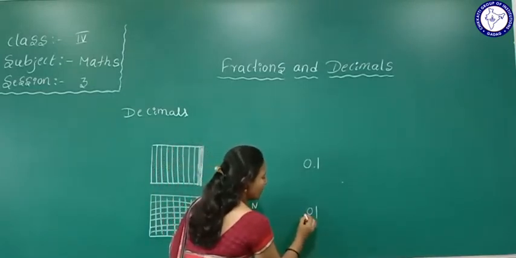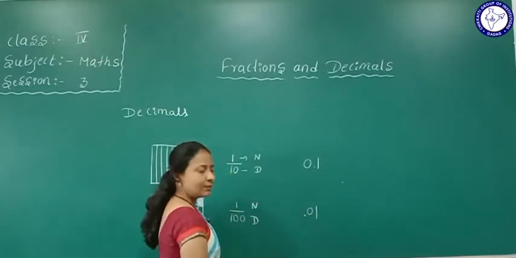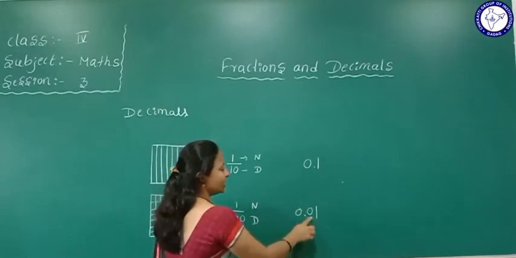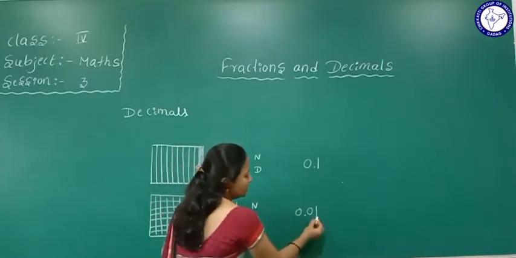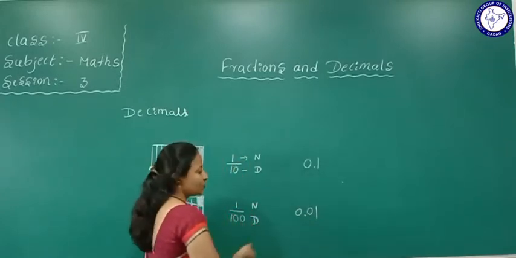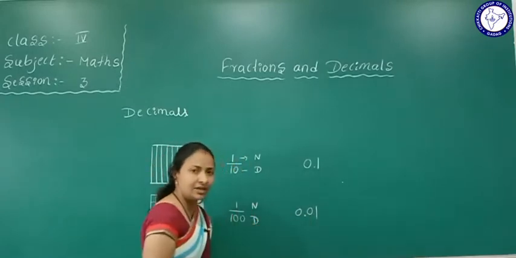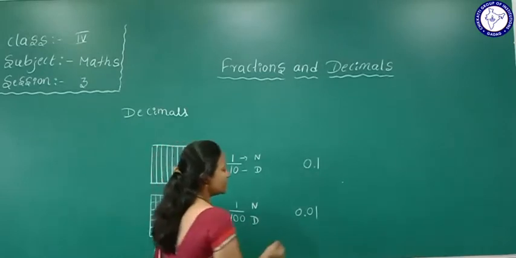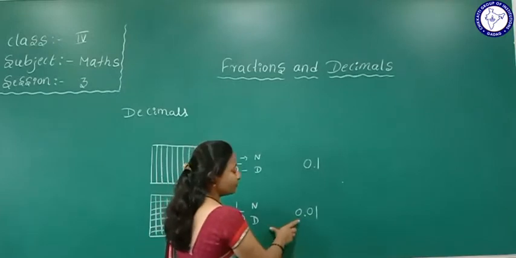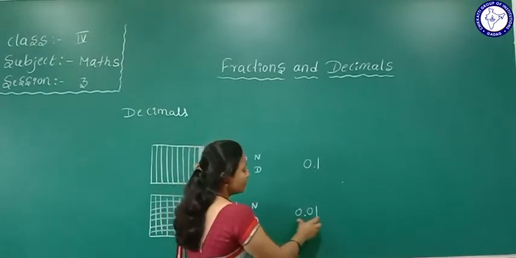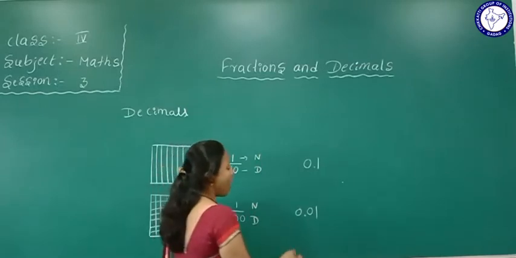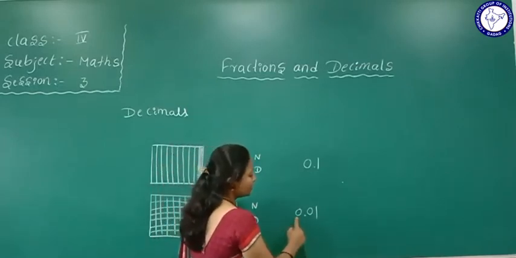After that, give a point. That point is a decimal point. After that, we'll write another 0. So 0.01. See here, unit, 10, 100, like that. Okay. So 0.01 is how we read this one. And yes students, the values on the left side have place value. But the values on the right side do not have any place value. So how to read this one? 0.01.